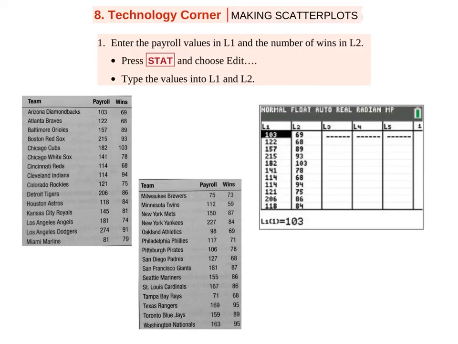So the last thing I want to show you is how to make a scatter plot using your TI-83 or 84. So if we take the information from those baseball teams with their payrolls and their wins, what you want to do is hit the stat button. You want to edit your lists. So if you've got two brand new lists to go in there, L1 is your payroll. You can leave it 103, 122, etc. Just knowing that that axis is in terms of millions of dollars. And then L2 can just be the wins. Double check your data. You probably know that by now, but always double check it. Type those values into your lists, and then